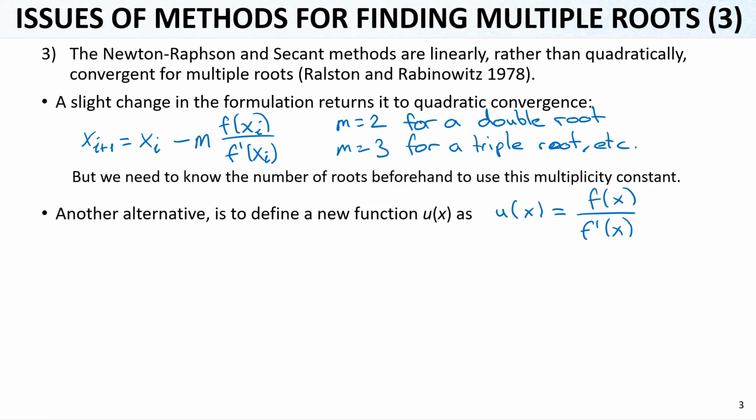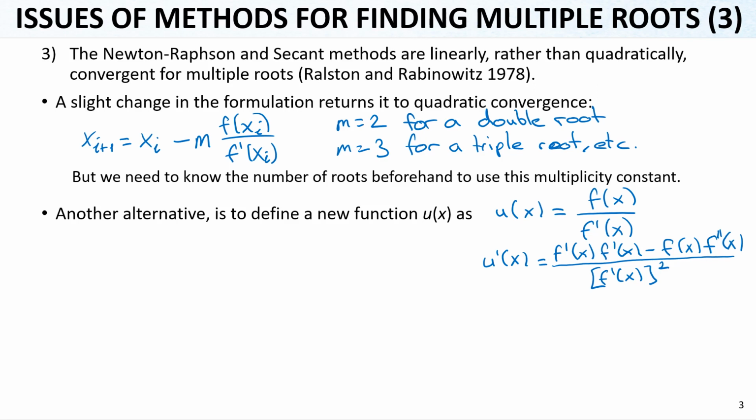And that's why we can simply use the Newton-Raphson method using this u(x) and the derivative of that. So the derivative of it, u'(x), is equivalent to, we have the chain rule here, f'(x) squared minus f(x) f''(x), the second derivative, divided by f'(x), the first derivative, and its square. So this is the derivative, and simply we use the Newton-Raphson formula